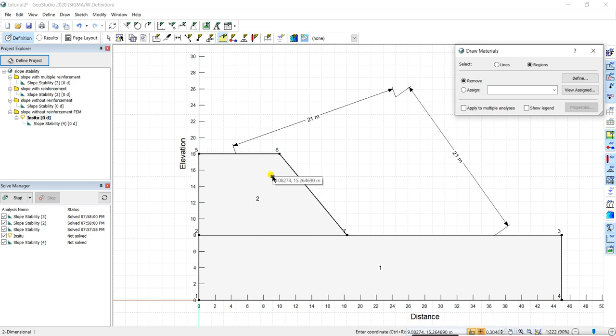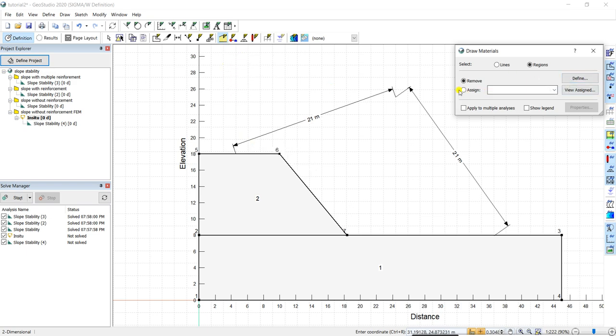So this geometry you have drawn earlier, or you can draw the geometry as per your problem. You can draw the geometry by using this region box. And the second thing you have to do is assign the material for both the layers. Here there are two layers, so I'll assign the material.